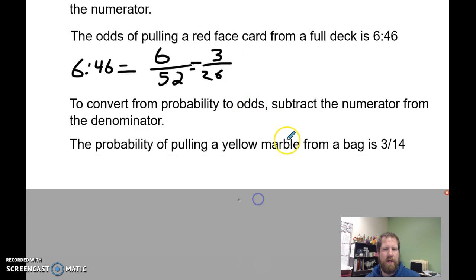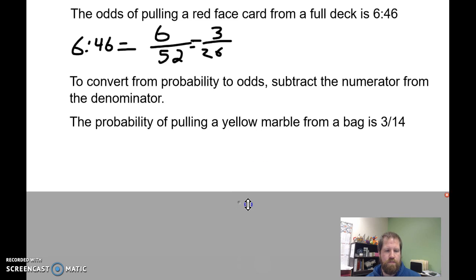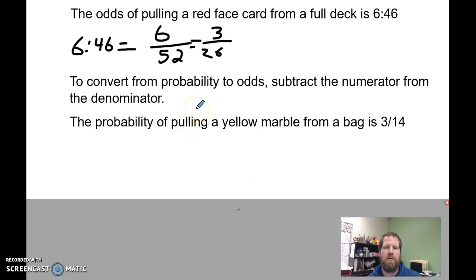Now to go the other way, it's pretty much just as simple. You're just going backwards. So going from probability to odds, subtract the numerator from the denominator. If I have the probability of pulling a yellow marble from a bag is 3 out of 14, the odds is going to be 3, still using the number of outcomes that I like,